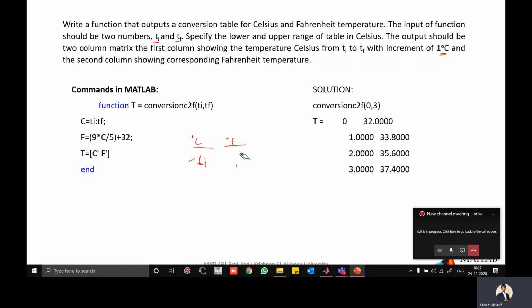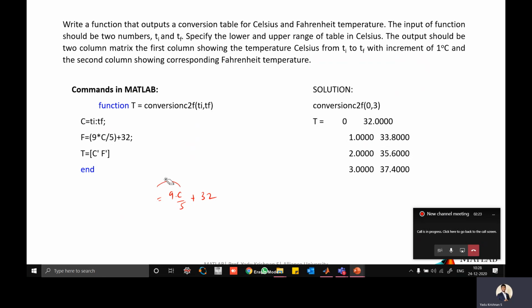The equation to convert from degrees Celsius to Fahrenheit, you can get from the internet, or maybe you have already studied it. The equation is F equals 9 times C divided by 5, plus 32. So 9C divided by 5 plus 32, where C is the temperature in degrees Celsius.